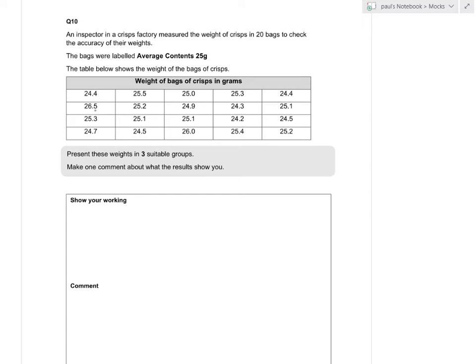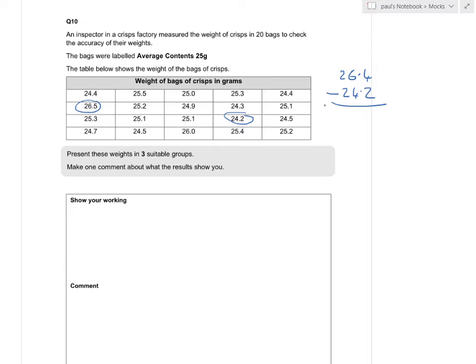So let's look for the smallest. 24.4, 24.9, 24, oh, 24.2. Yeah, that is the smallest. And the biggest one is 26.5. Any bigger than that? 26.5. So the difference between 26.5 and 24.2 is